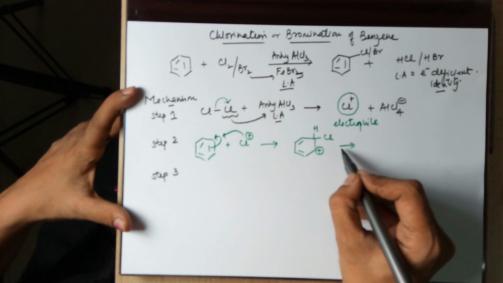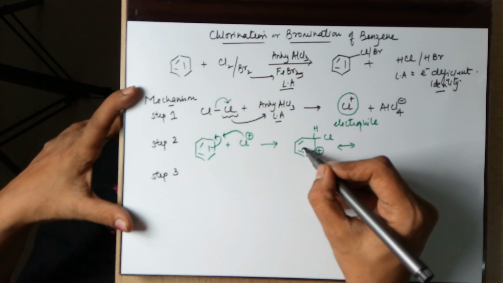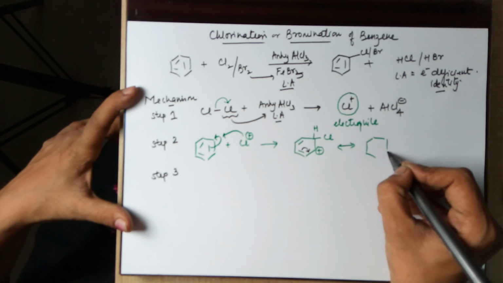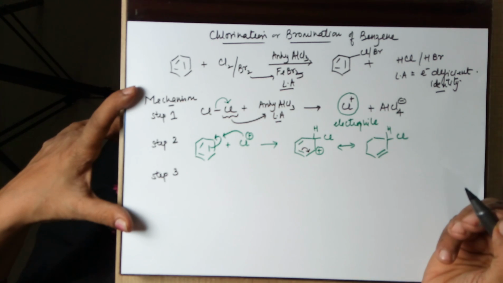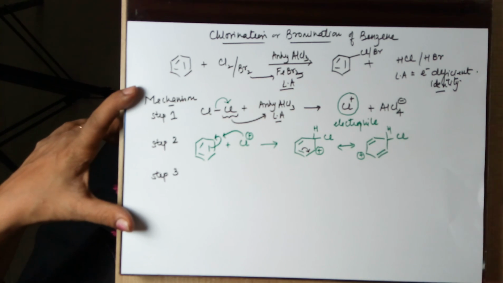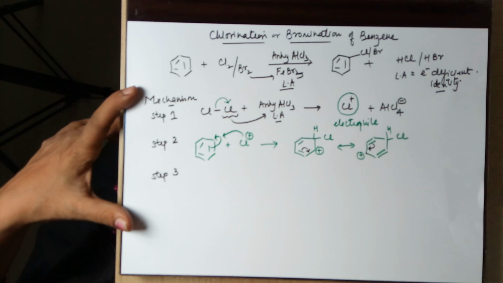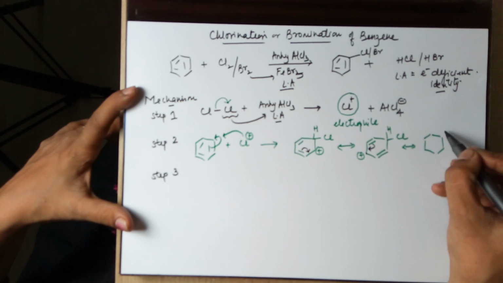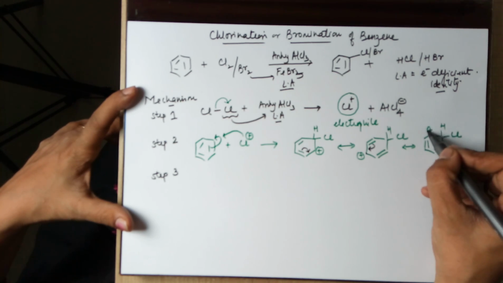Now, due to resonance, this carbon pulls the electrons from the adjacent carbon, the pi bonded electrons. These pi bonded electrons move here. Hence, your next resonating structure would be with H and Cl unaffected. The positive charge goes away due to the presence of electrons now, while this carbon has lost the electrons and gets a positive charge. For the next resonating structure, this carbon requires electrons, so this pi electron system moves here to form a bond, leading to the next resonating structure, which would have H and Cl intact. The bond comes here, and here you get a positive charge on this.